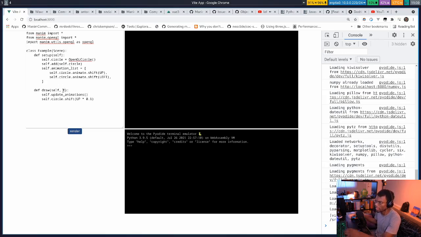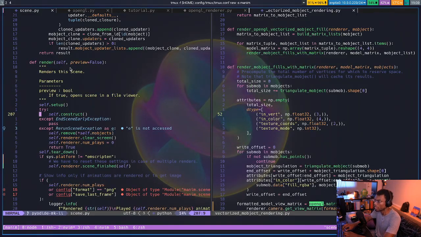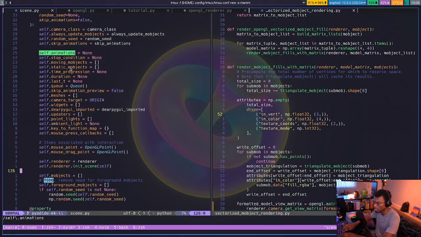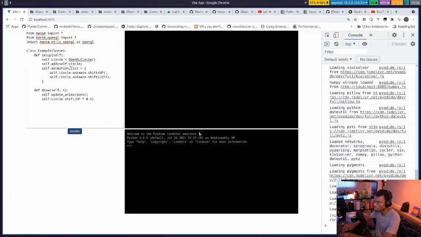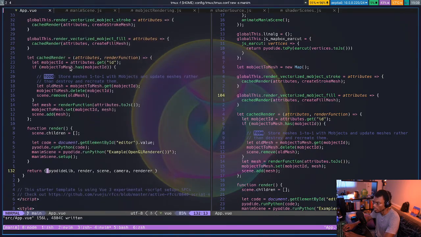So first things first, I have to pass this a timestamp. Update animations is probably as good a name as any. I think there's already a self.animations that scenes has, and I wouldn't want to mess with that. I wouldn't want to conflict with that variable. So I guess that'll have to be animation list or something like that. Okay. So firstly,